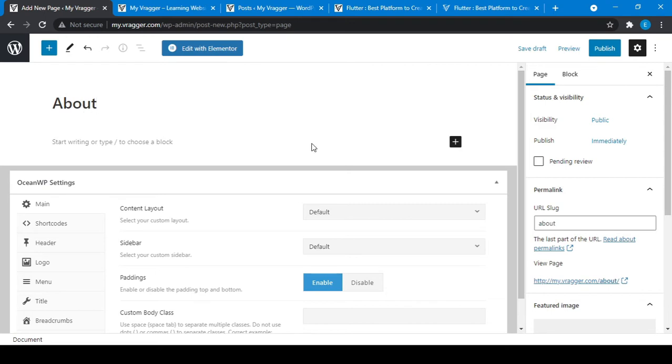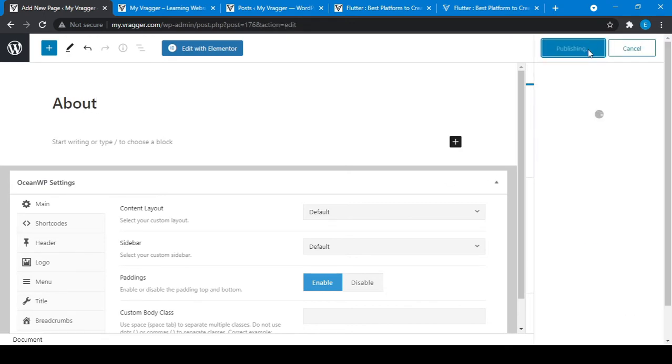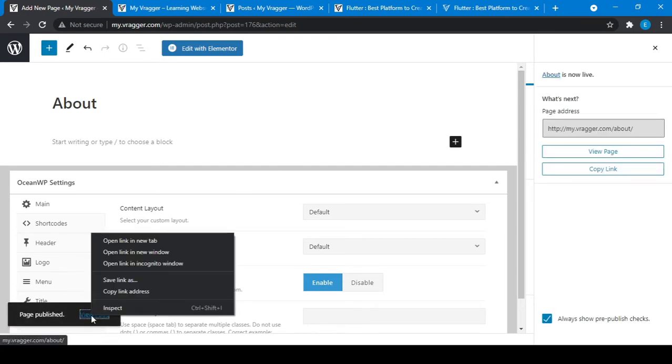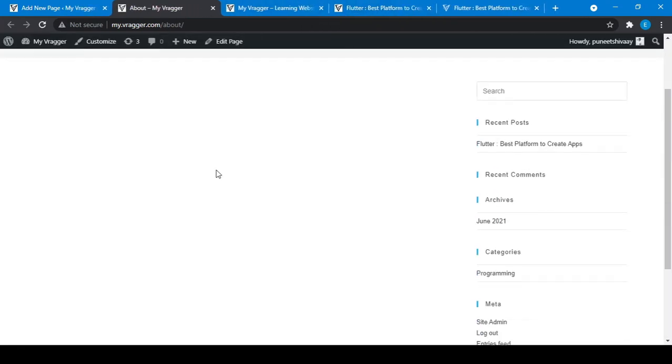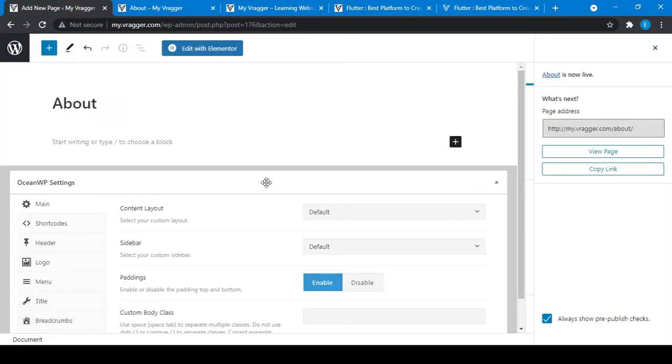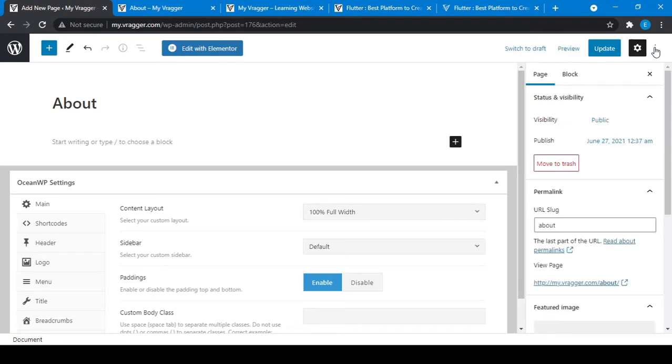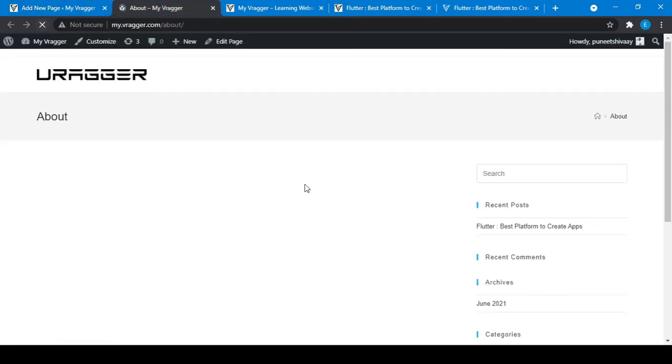I click on about, publish this page, and go to view this page. This page looks something like that. First I will change the layout of this page to 100% full width. Now update it, and it will be 100% full width.